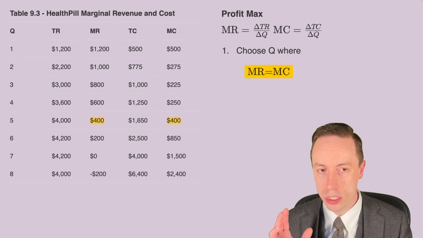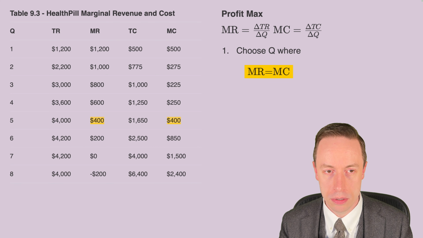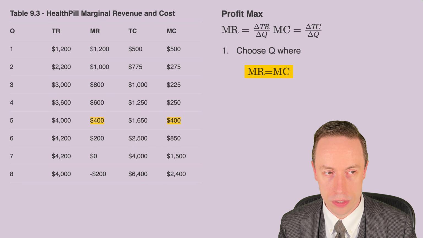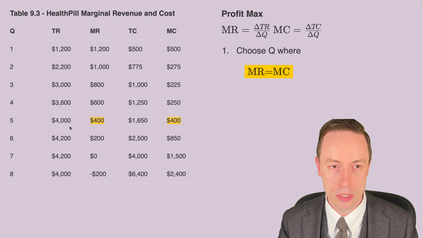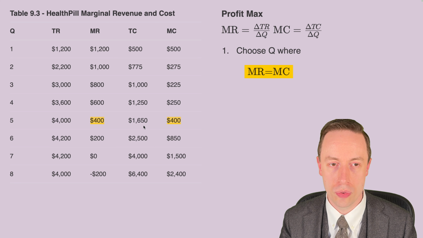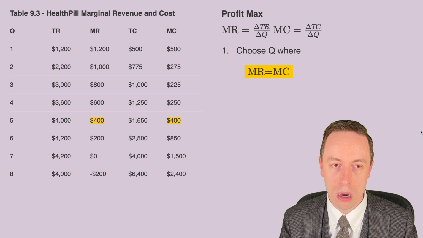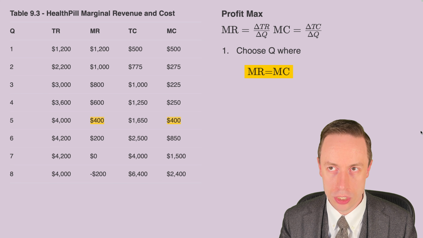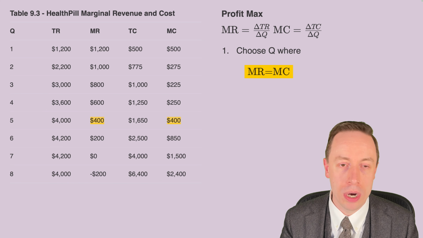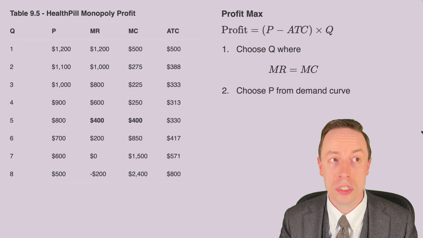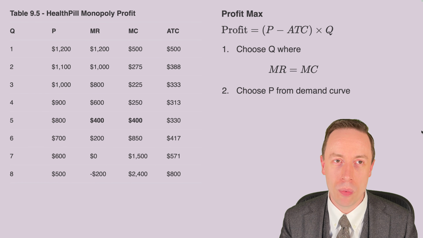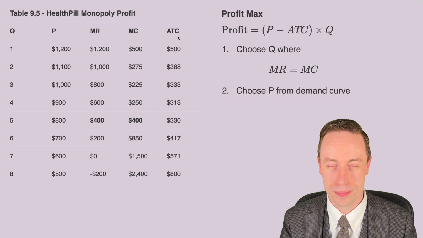Now, we could work out profit right now, right here. We've got total revenue, we've got total cost. Look at those two numbers, right? Got a difference of 2,350. But of course, I want to show you how to do this using averages so that we can all nicely combine it on our graphs as well. So, step number 2, let me take away the total revenue and the total cost and replace it with price and average total cost. Once again, we've got our profit max still at 5 units,